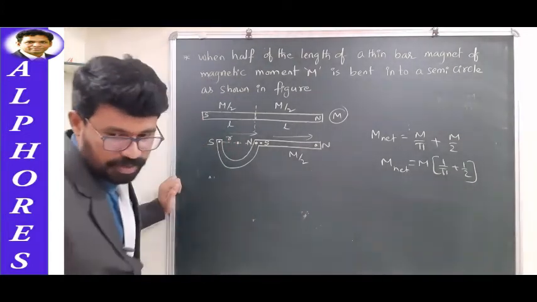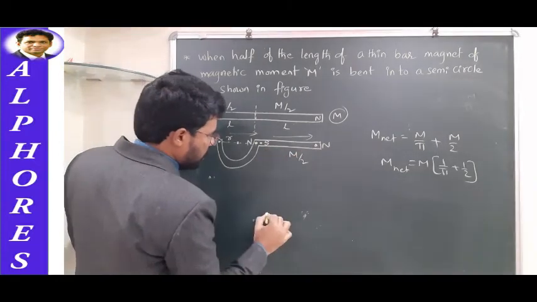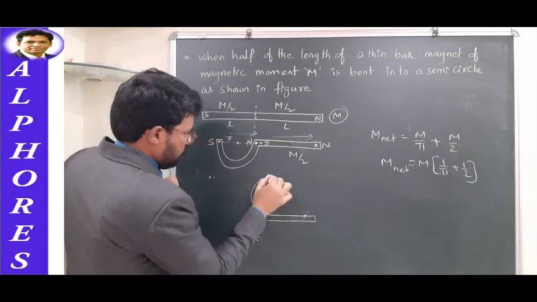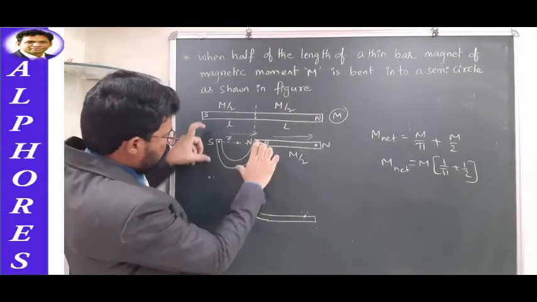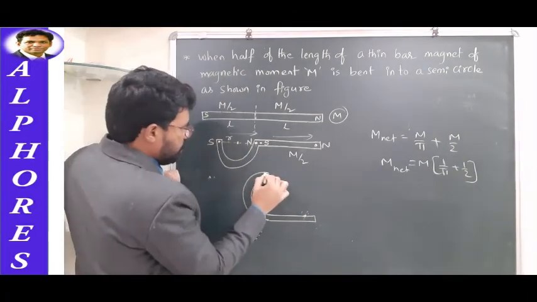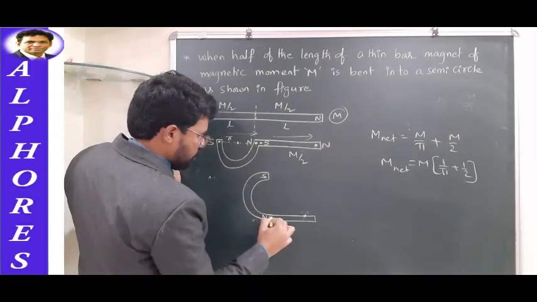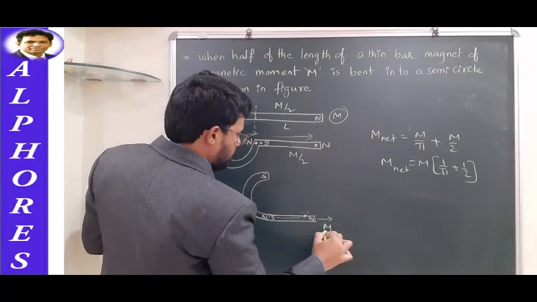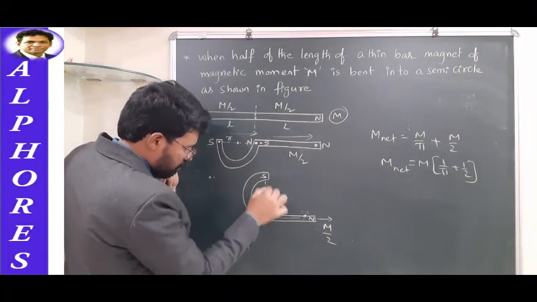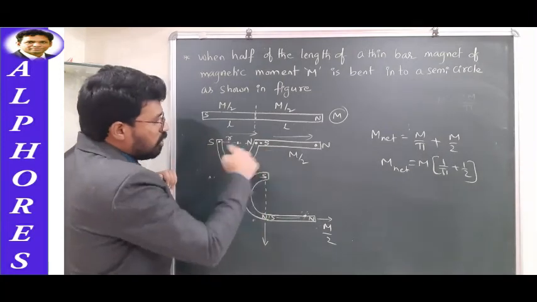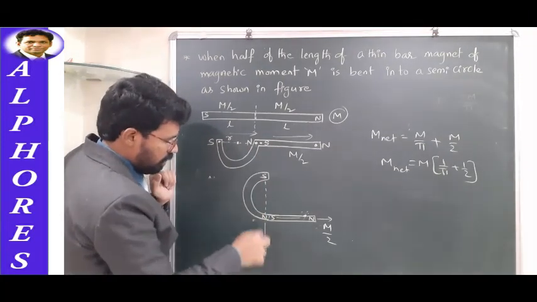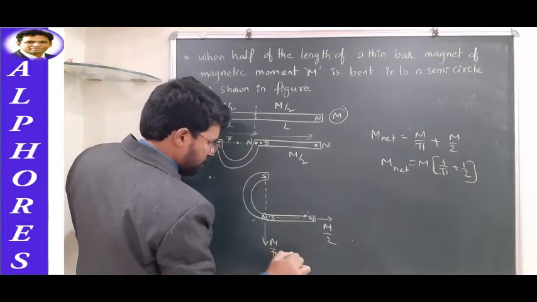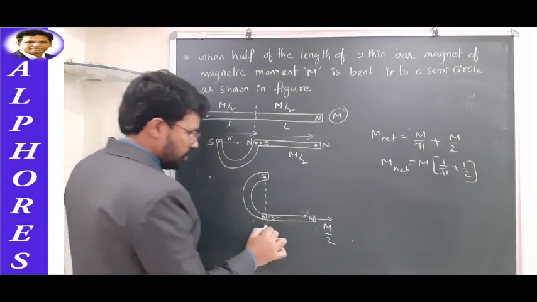And what I'm going to do is change the orientation like this. I will keep this part as it is. And I'll change the orientation like this. So south pole, north, south, north, and here this magnetic moment is equal to what? M by 2, and here the magnetic moment will be in the downward direction. Earlier both were along the same direction. Now the magnetic moment of this one is in the downward direction, and it is equal to M by pi. Now these two are perpendicular to each other.